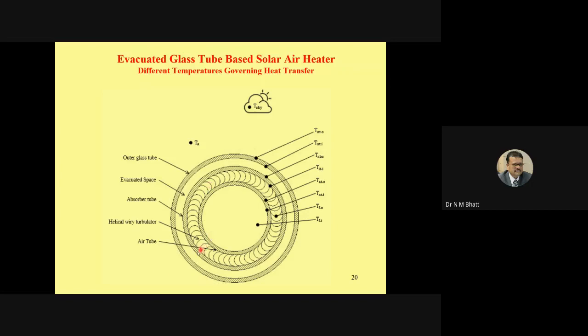Okay. So let's understand quickly. First, the salient temperatures, and then the heat transfer mechanism, and then the equation for that particular mechanism. Okay. So I think it's high time to have a second question answer break. If you have any question, you can ask. Because understanding the working of this EGT based solar aerator is very important. If you cannot understand this working, how the air is moving, what are the essential components, then it would be very difficult to understand the heat transfer model.